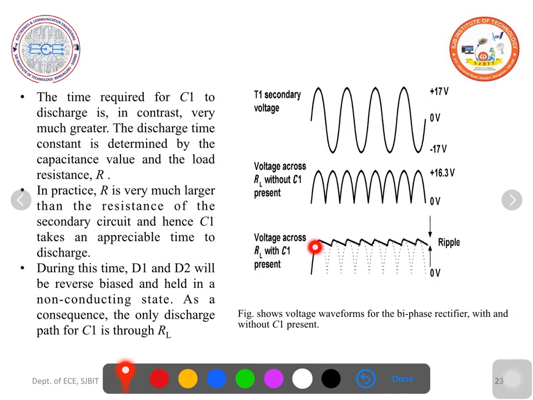Here the capacitor gets charged to the peak value and it discharges, again charges in the next positive half cycle, discharges, charges, discharges. 17 volts is the peak voltage. So across the load you won't get 17 but you get 16.3 volts because 0.7 volts will be the drop